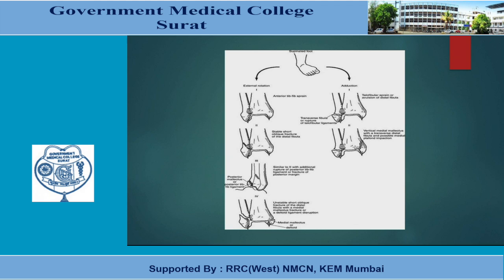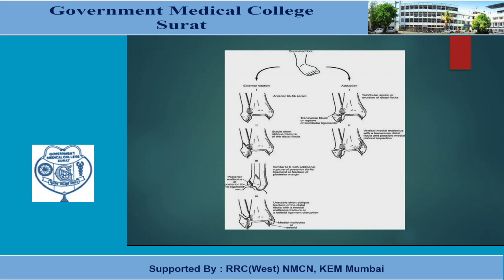If there is a supinated foot and external rotation injury, then there might be an anterior tibiofibular sprain, so grade 1 ankle sprain. But if the severity is more, then there is an oblique fracture of the fibula. If there is more severity, there might be a posterior malleolar fracture. So it's a round circle. The first is fibula damage, then posterior malleolus, then medial malleolus. The first is the ankle sprain, then oblique fibula fracture and posterior malleolus, and with more severity, then there is an oblique fracture of the medial malleolus.